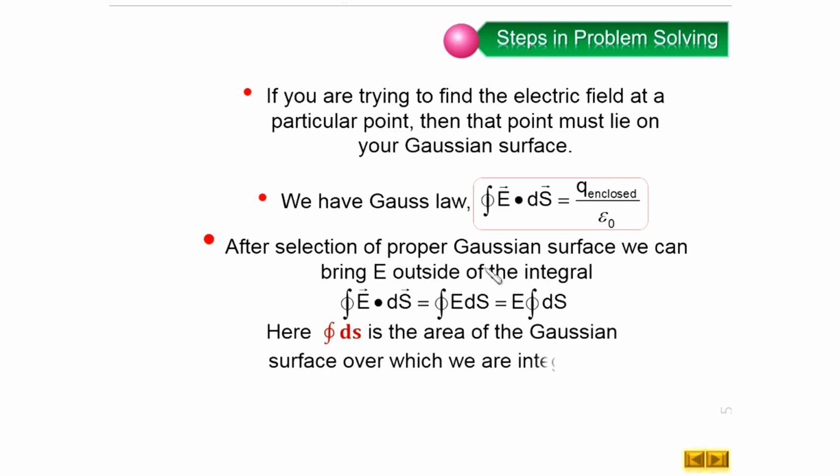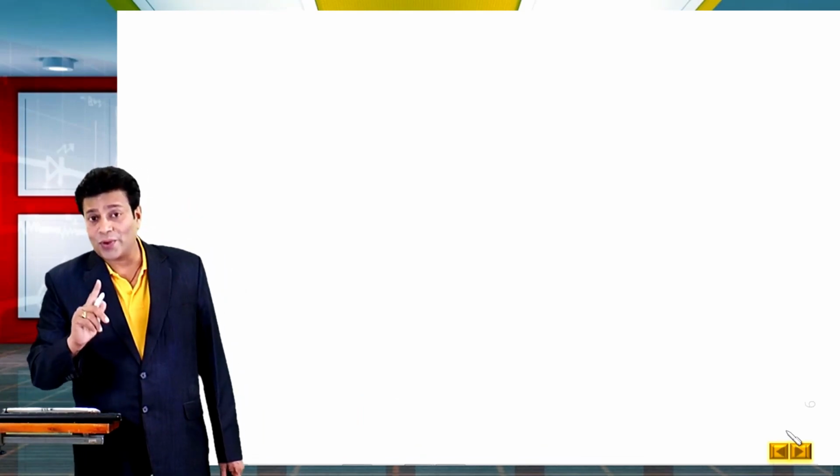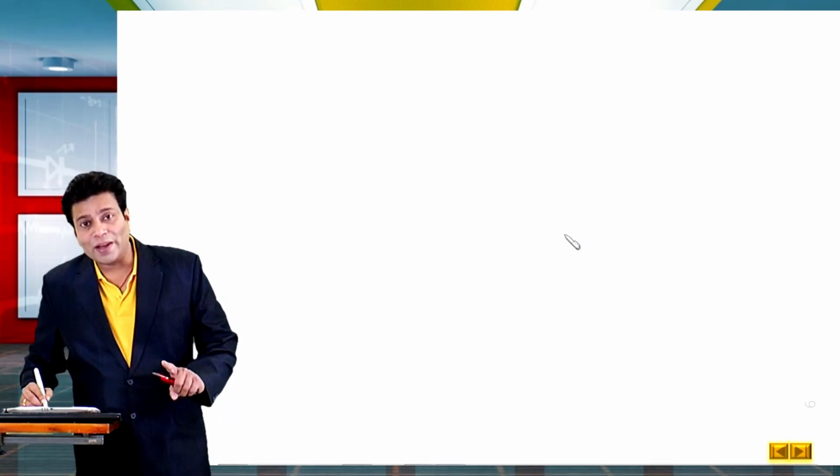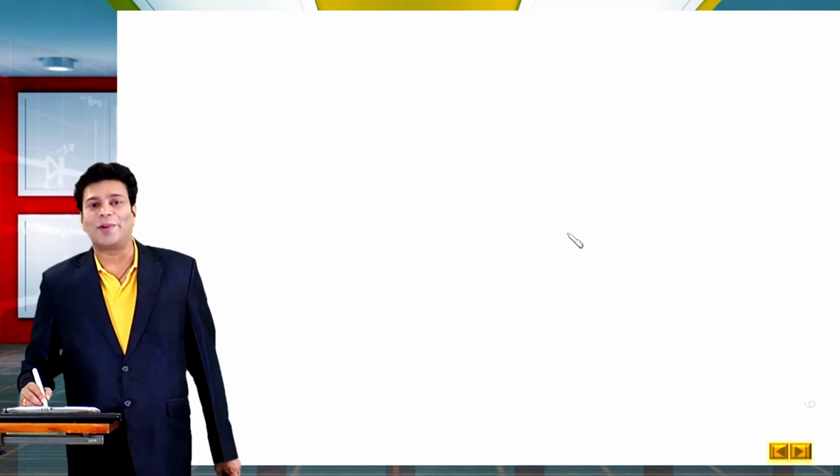Now we can write the Gauss law in simplified form. We write E outside the integral and the integral will be only with ds. So this is E multiplied by integral ds equal to Q enclosed divided by epsilon naught. Now you can observe here, if we are able to find this value, we can find the value of E easily, right? And Q enclosed is very easy to calculate. It is the charge enclosed by the selected Gaussian surface. Now let us do the application of Gauss law first for a charged sphere which has uniformly distributed charge density.